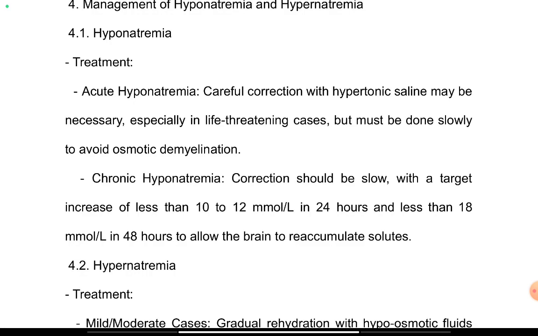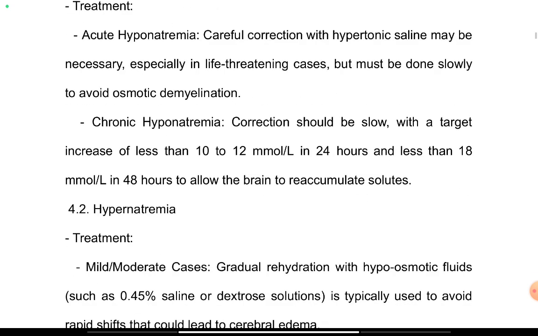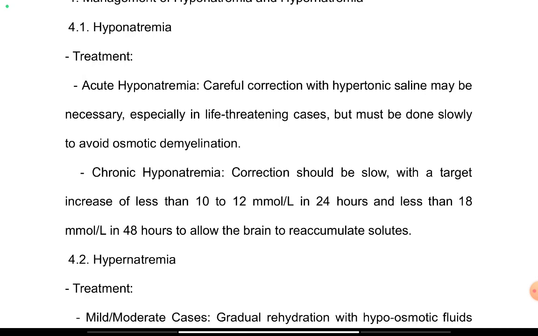So when there's hypernatremia, all this has been explained. So you might not need to know the treatment. But for those in the higher classes, a patient that has hyponatremia, you should know that when you are correcting this type of fluid,